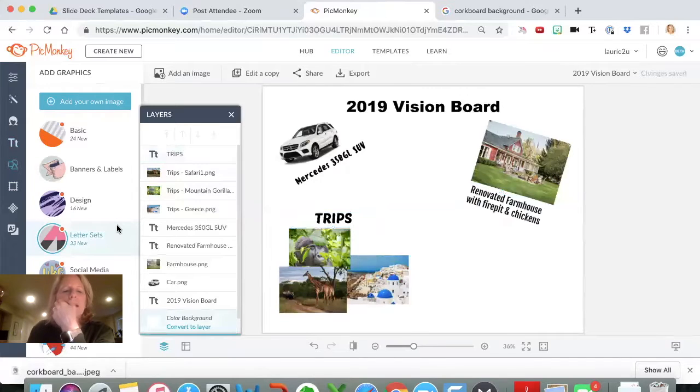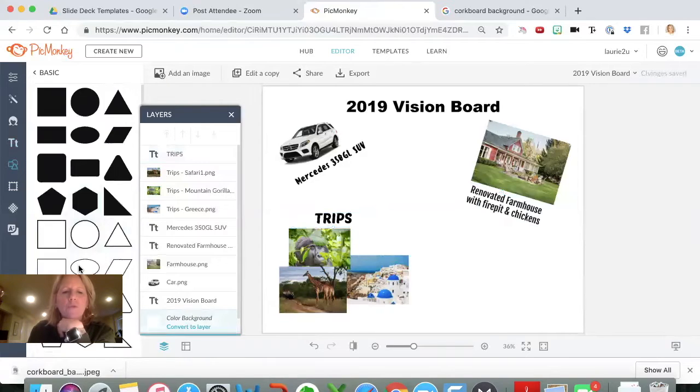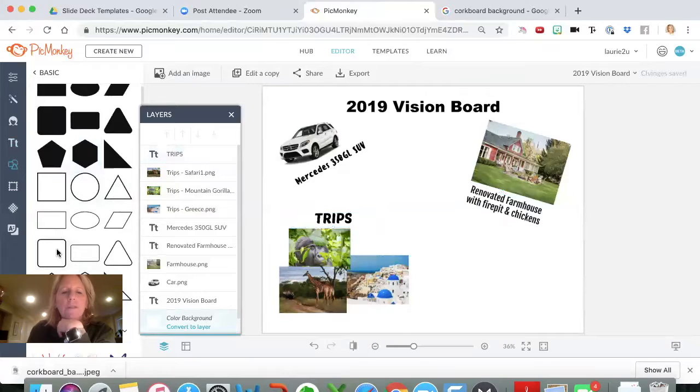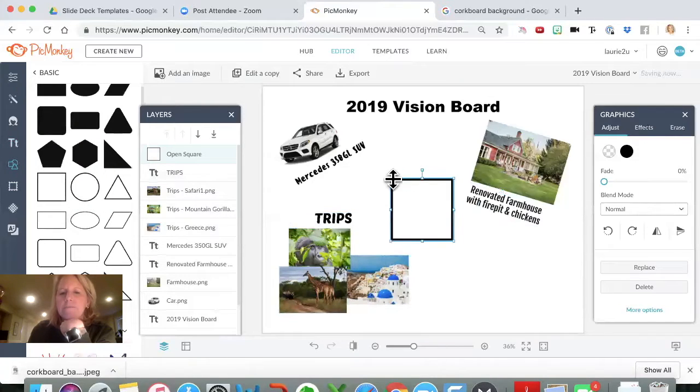And then you could also do something like, let's go back to the graphics. If you go to basic, you remember they had these things here. So you could do something that grouped them together, so it was kind of clear that it was a grouping. Like some kind of a square around it.